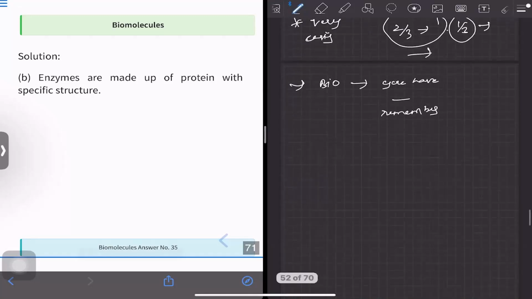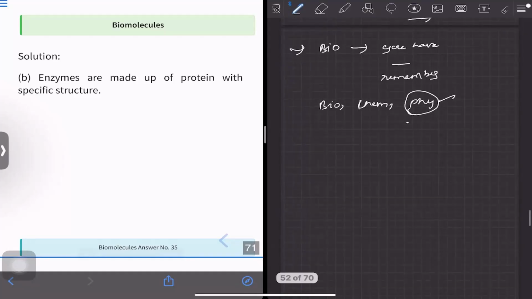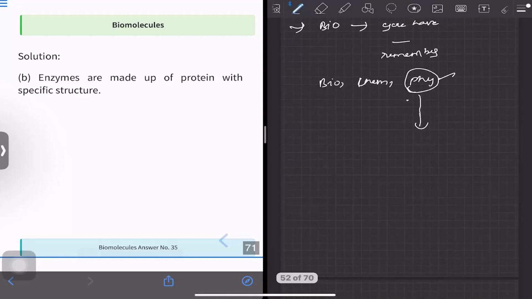See, the scoring subjects in the NEET exam are bio, chemistry, then physics. Physics makes you different from others. Physics makes you stand out of the crowd. So, how to study physics? Physics can be studied with the help of proper revision and proper techniques.